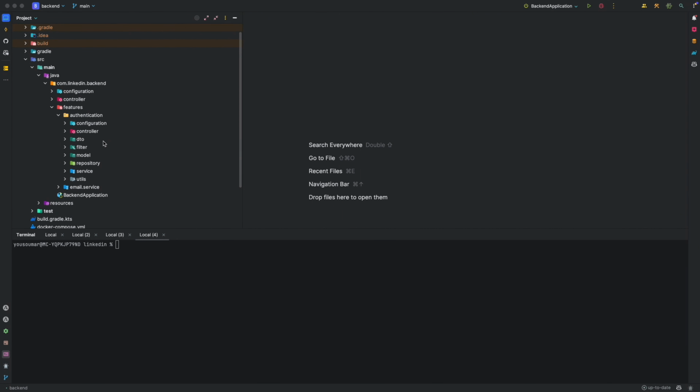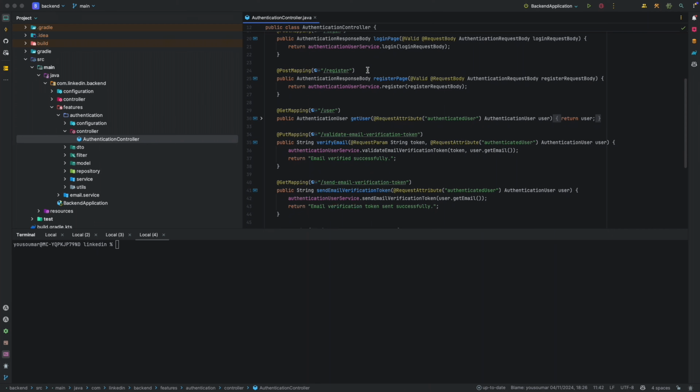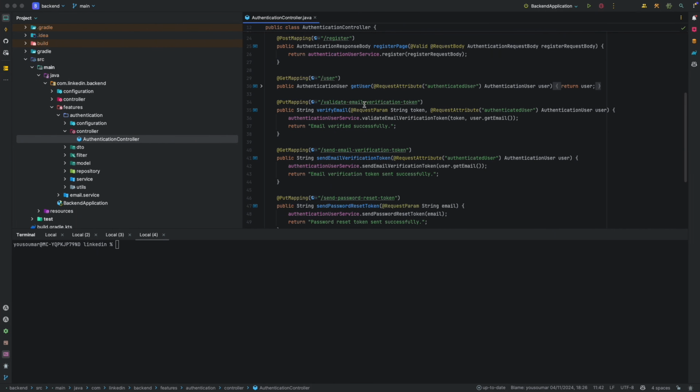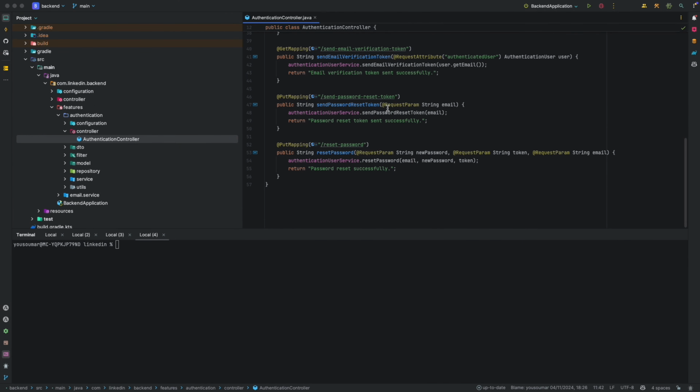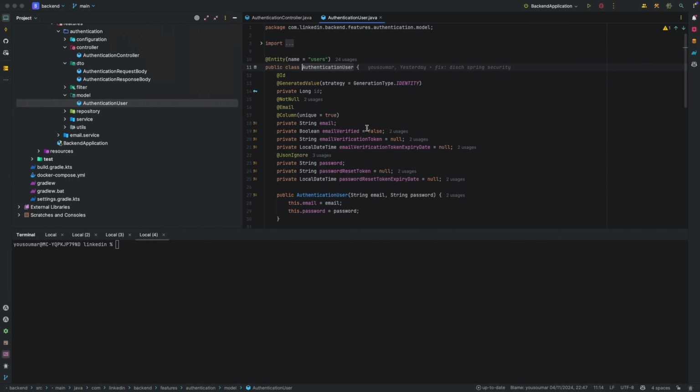In the authentication feature, as you can see, we have our controller. That's where we're handling login, user registration, how to validate emails, how to verify a token, and how to reset the password. So everything you're seeing is done here, and we'll have some DTOs and a model, which is going to be the user that's stored in our database. Our database is going to be a MySQL database, and I'm also going to show you how to set up this database